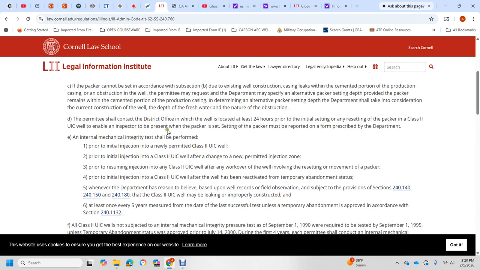An internal mechanical integrity test is performed prior to initial injection of newly permitted Class 2 UIC wells, prior to initial injection of Class 2 UIC wells after a change to a permanent projected injection zone, prior to resuming injection of Class 2 UIC wells after a workover of the well involving the resetting or movement of the packer, and prior to initial injection of Class 2 UIC wells after the wells have been reactivated from temporary abandonment status, whenever the department has reason to believe, based on well records or field observation, subsections 241, 41, 51, 80,